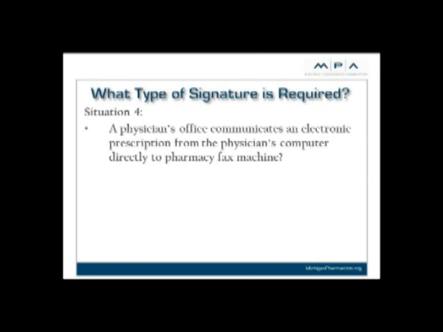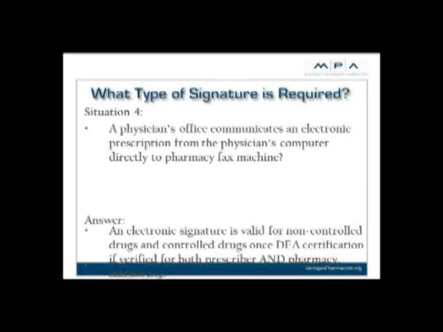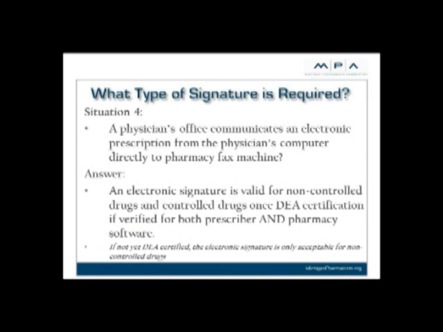Scenario number 4 here. A physician's office communicates an electronic prescription from their computer directly to the pharmacy's fax. I just kind of gave you the answer there a minute ago. Again, the Michigan Public Health Code recognizes electronic prescription coming from the physician's computer to the pharmacy's fax or the physician's computer to the pharmacy computer. So in this situation, if you receive a prescription to your fax machine and you know it's coming from a physician's computer, an electronic signature would be valid for a non-controlled substance,